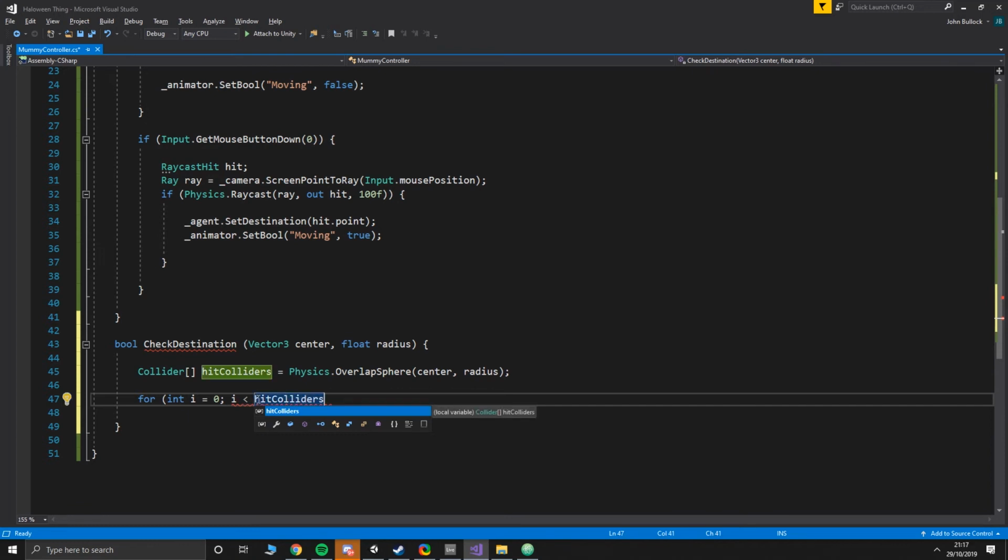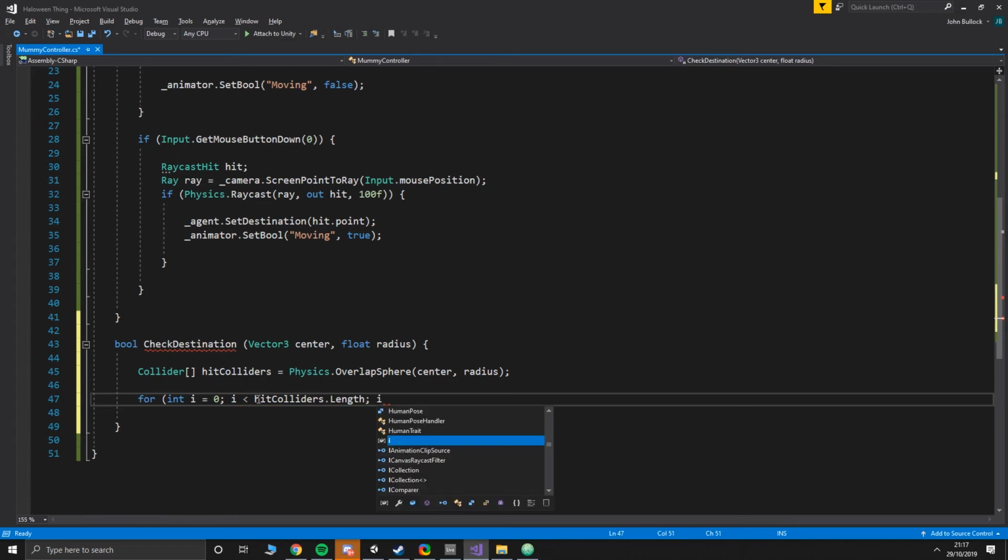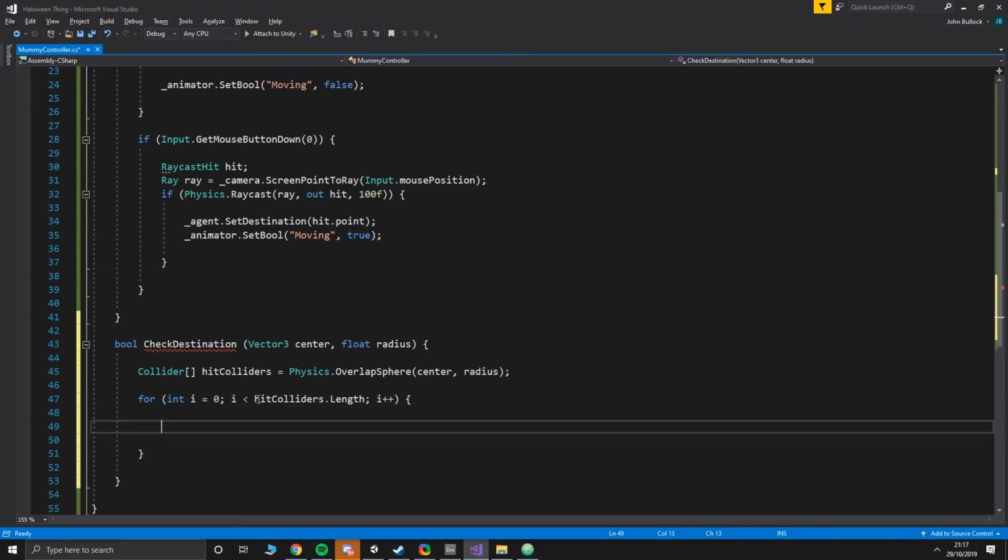What the? Sorry, I think the wind just blew my door shut. So hitColliders.length, and then i plus plus. And then inside this for loop, we're going to say if hitColliders[i]. So we need to know what is acceptable. So we're going to say if the hitColliders transform.tag does not equal ground, because